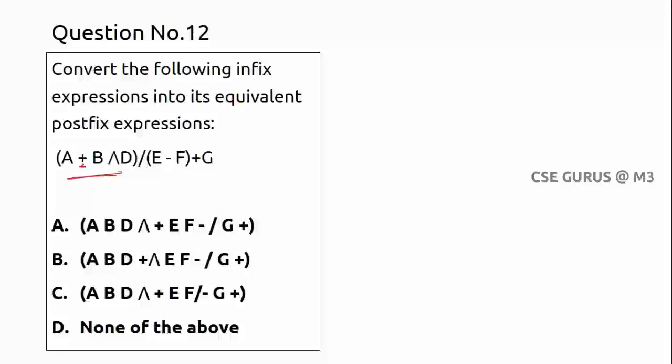Now if I compare plus and exponential, why? Because it is in the braces, right? So only two operators are there. Which operator do I have to take first? Exponential. So that's why I'll do exponential first, then the braces are closing, that's why I have to complete this one. So A followed by whatever the operation, followed by plus, right? This part is over. Division of this entire thing. Okay, so I cannot directly make the division. First I have to take the braces. EF followed by minus, right? E minus F will become EF minus. This part is over.